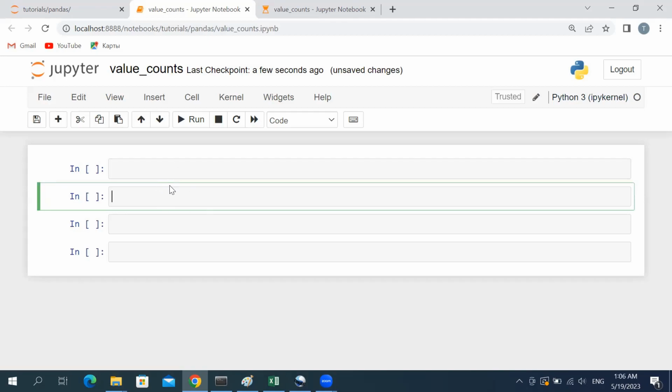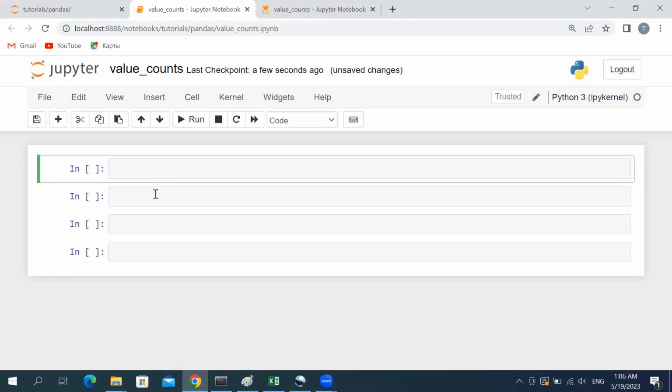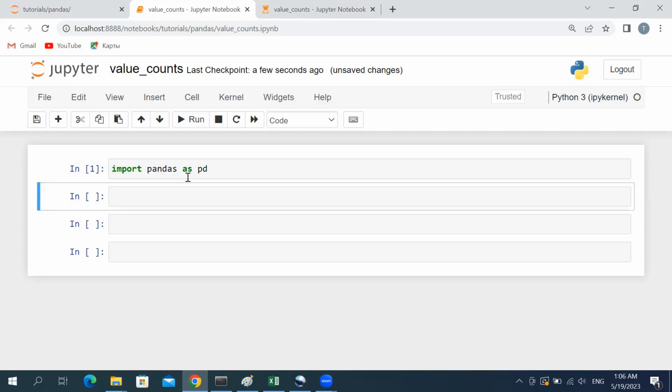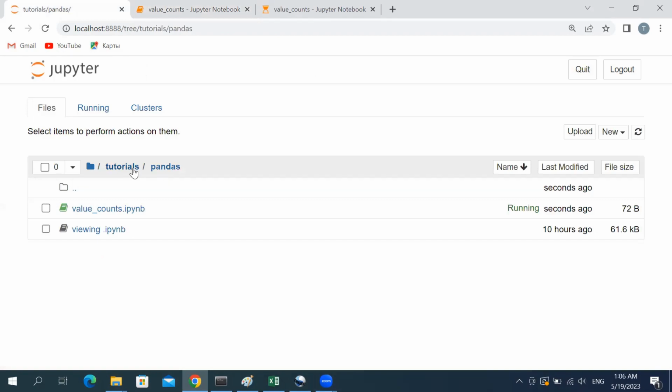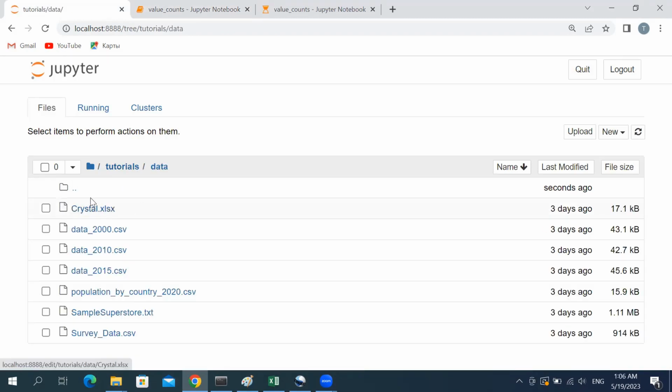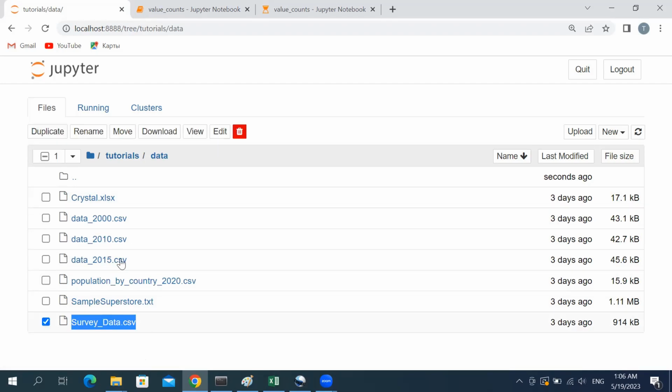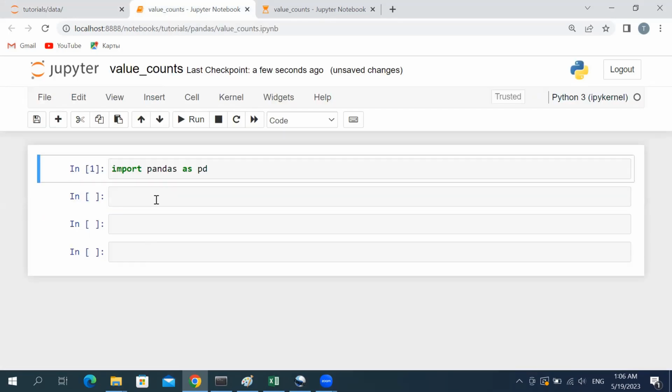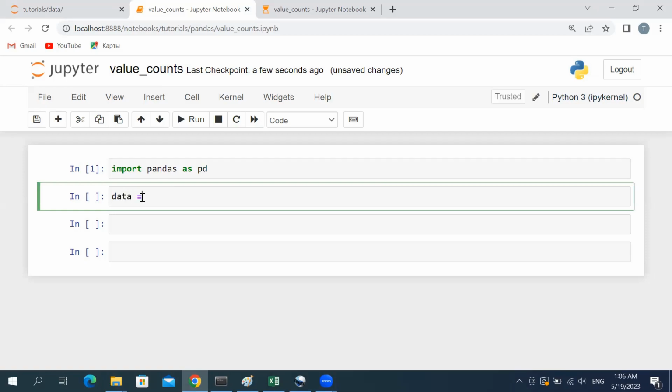Before explaining the value counts method, we will do what? Import our data here. Import pandas as pd. Shift enter. It will import our library. Then I need to go back here and access this folder and import this data here, server data CSV. I will copy it here right now, and first I will create the variable name, then the alias library pd